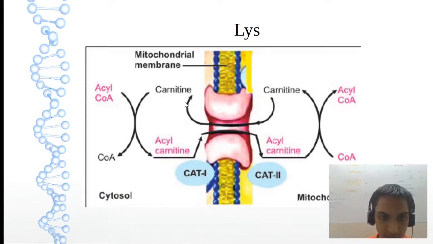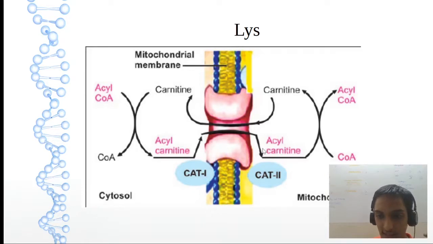I will explain. So in the cytosol, acyl-CoA, remember beta oxidation, we got fatty acid to acyl-CoA. So that acyl-CoA we are getting now. So acyl-CoA combines with carnitine. There is a release of CoA-SH, and we'll get acyl carnitine. This is through the CAT enzyme, that is carnitine acyl transferase. So two enzymes, one will be in the cytosol, the second one in the mitochondria. So acyl carnitine from the cytosol is going into the mitochondria.